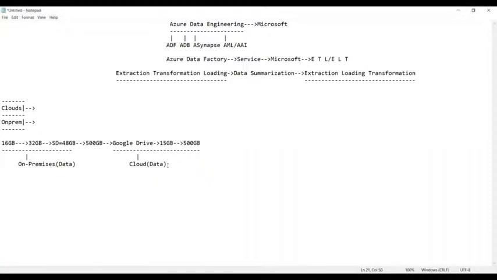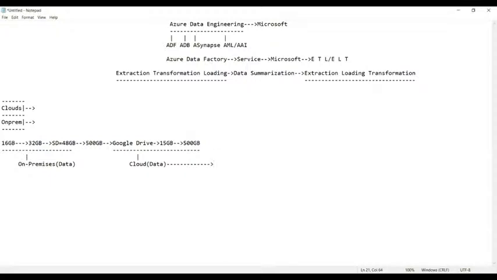In the same way, going to the theater and watching the movie is called what? On-premises. Watching the movie on an OTT platform at your doorstep, in comfort, is called what? Cloud. So even for entertainment purposes, we have moved to the cloud. That is cloud technology. In the same way, the whole globe is now migrating from on-premises to the cloud environment. On-premises to what? Cloud environment.